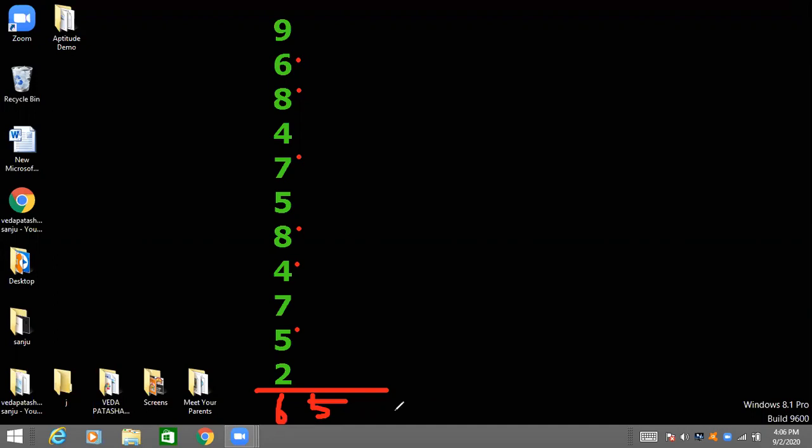Anvita and Anish, you just re-verify it. You will get the correct answer. Maybe you missed somewhere. This is called the dot method. You need not mention all the end numbers, because we need only the end number we get after adding these. We don't need all these end numbers. Yes or no? First, I have explained in a clear way so that you understand. After you practice with more examples, you can do the dot method very easily.